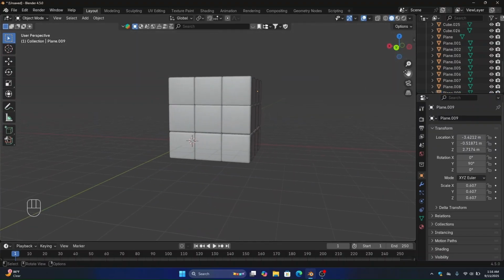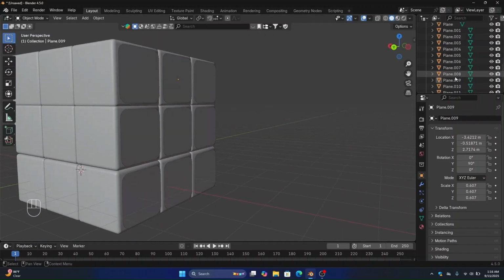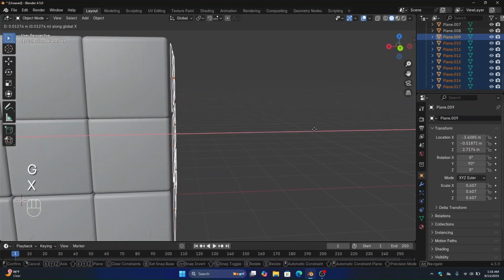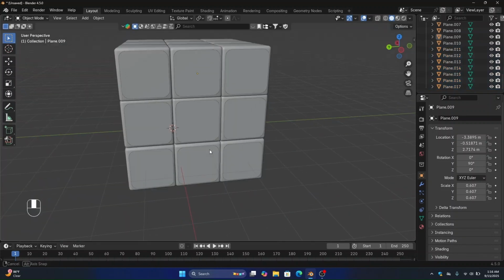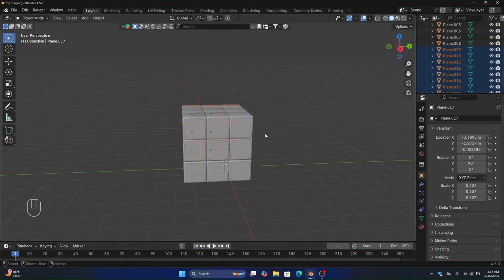But we still have to do one thing. We have to select from plane 9 to plane 17, and then we have to move it on the x-axis a little bit more like this. Yeah. Now what we have to do, we just have to select from plane 9 to plane 17,